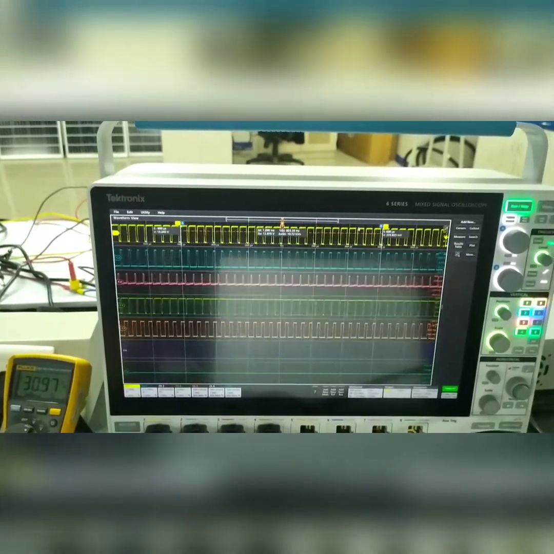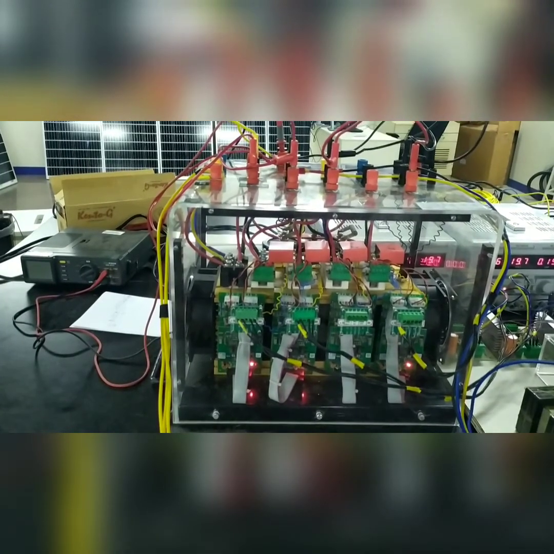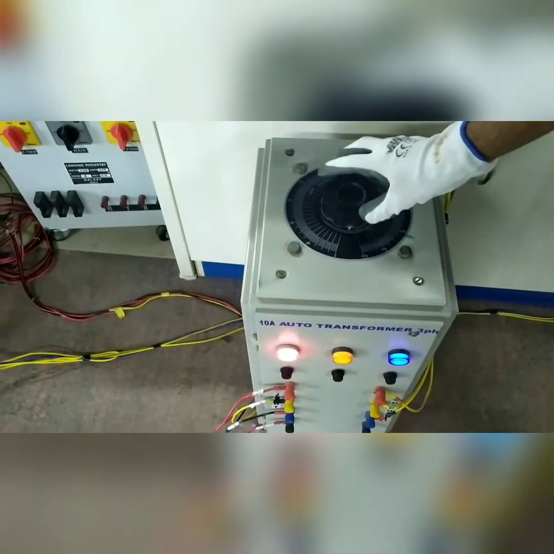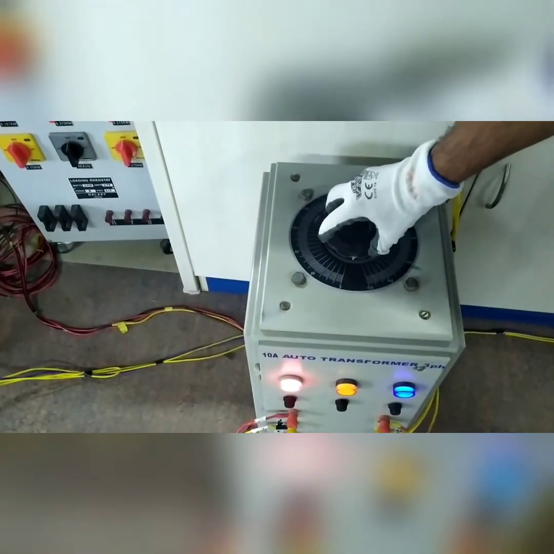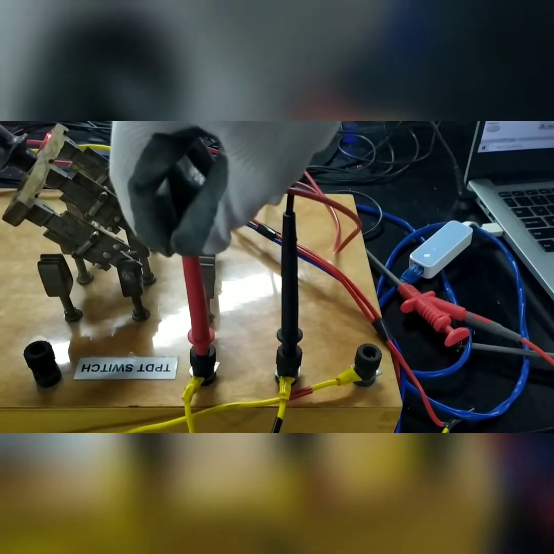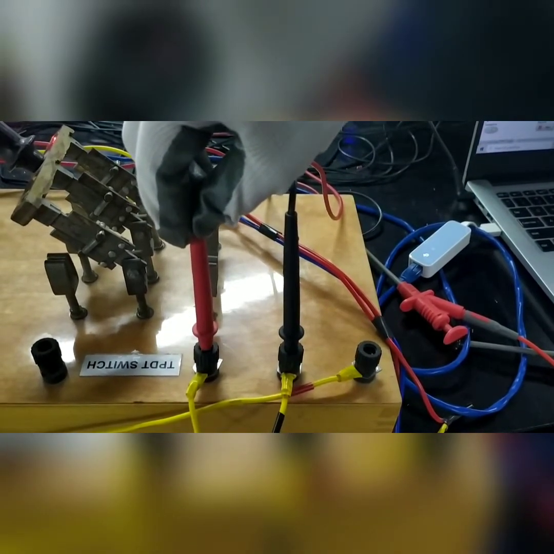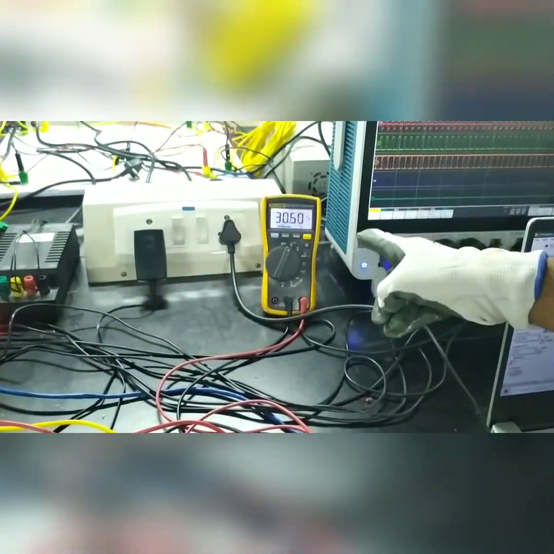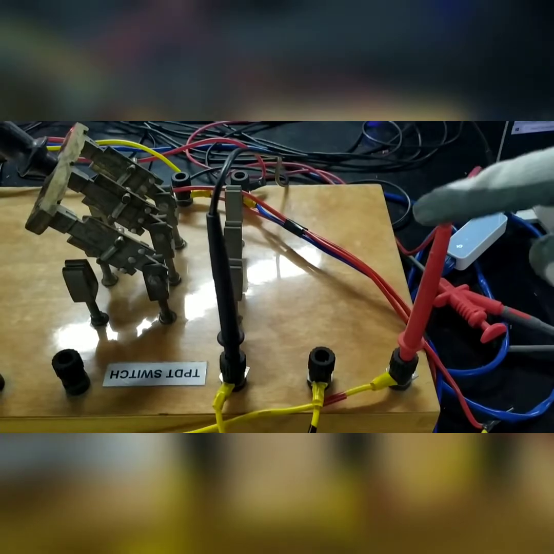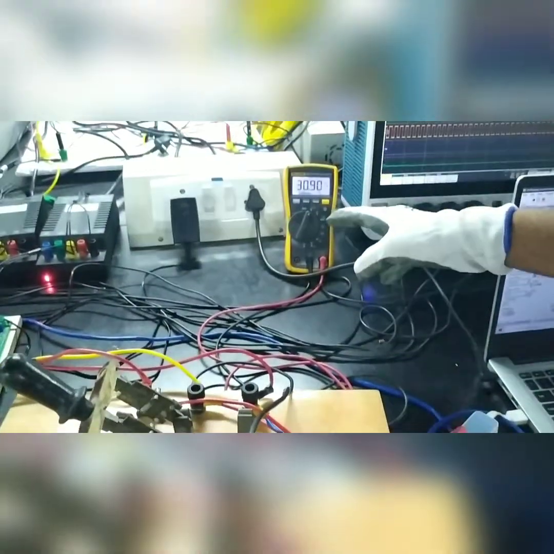the inverter. After giving pulses to the inverter stack, now we should vary the auto transformer so that the voltage value of the auto transformer will be equal to the grid side voltage, which is 30 volts in our case. So the line voltage for the inverter side measured here for R and Y phase is approximately 30 volts. For Y and B phase, it is around 30 volts. For B and R phases, it is again around 30 volts.